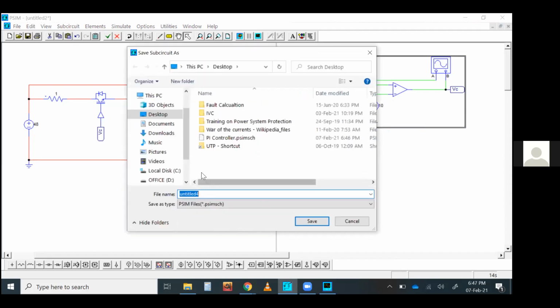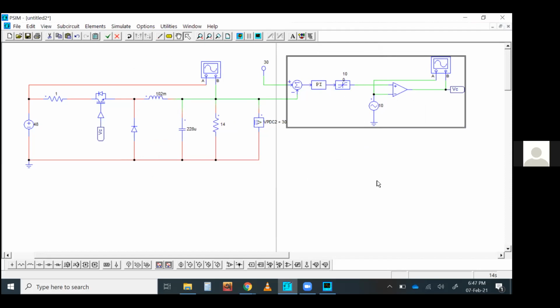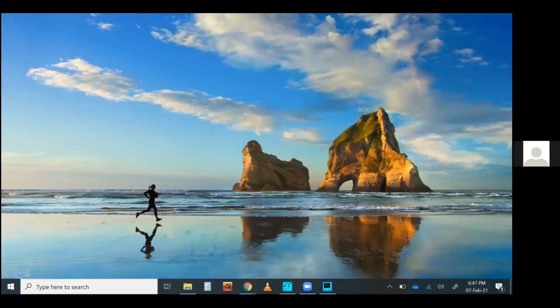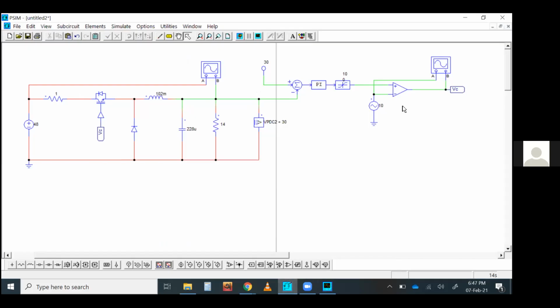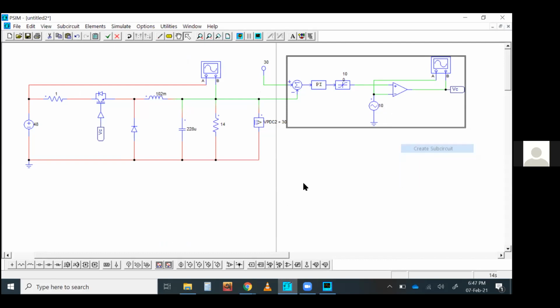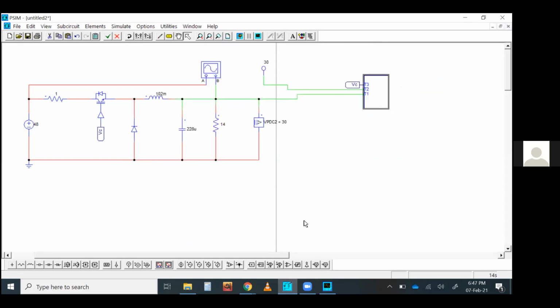Sub-circuit, PI controller, save it. Okay, the circuit has already been saved here, so I need to save it under another name. PI controller 2. Done.